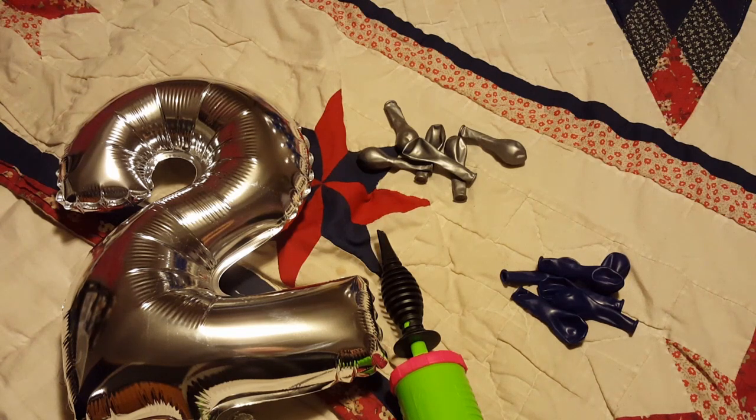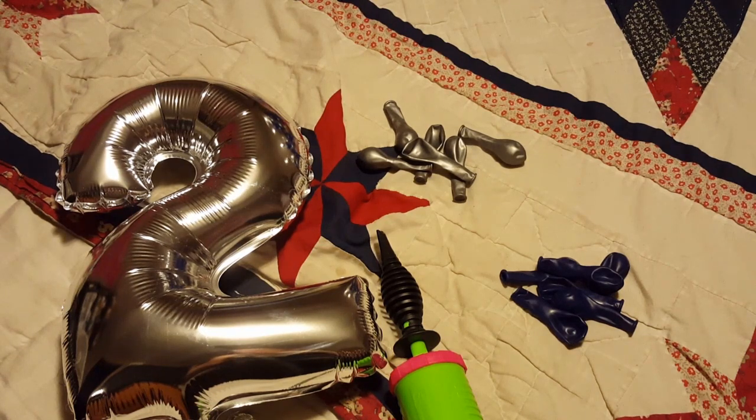And these, again, can be done for an age, for a year, or for a name. I'm going to be doing it with a year because of upcoming graduation season. So the first thing you want is your colors of balloons, and how many balloons really depends on what you need. For the design I'm doing, I am using